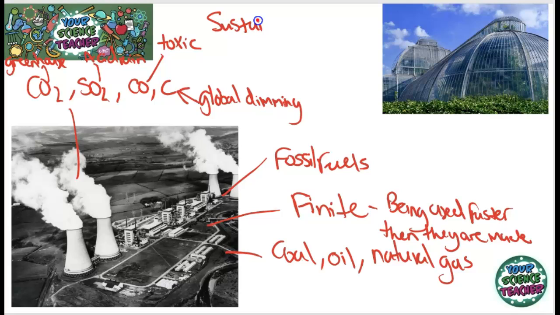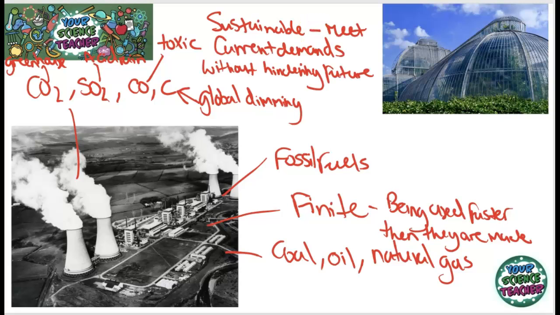Sustainable means to meet the needs of the current generation without compromising the future. So now we're going to look at more sustainable ways of creating energy, but these sustainable ways do sometimes have some disadvantages as well. And the reasons why we're still so dependent on these finite fossil fuels is the fact that we've used them for so many years and we've become dependent on using them now.